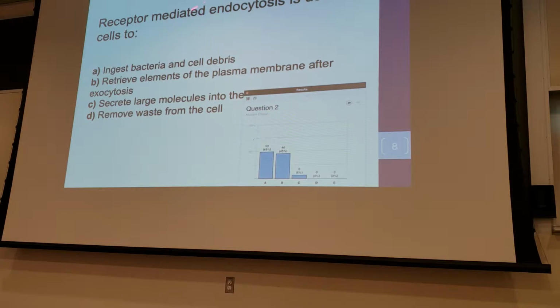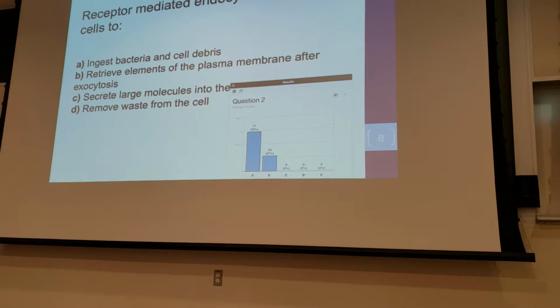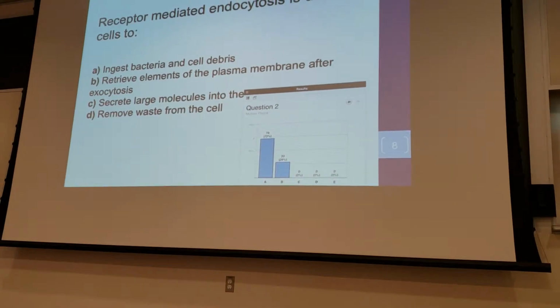So endocytosis brings stuff into the cell, right? So answer C has in it that it's going to go out of the cell, so that is not correct. And then there's two favorites. And so I told you about ingesting bacteria and cell debris. I guess that also can happen through receptors. I was more thinking of retrieving elements of the plasma